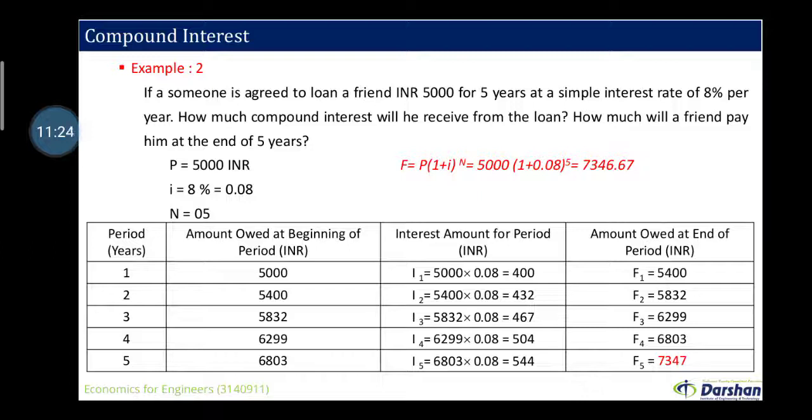So 5,400 plus 432 rupees, so you can get 5,832 rupees. Then after 5,832 rupees